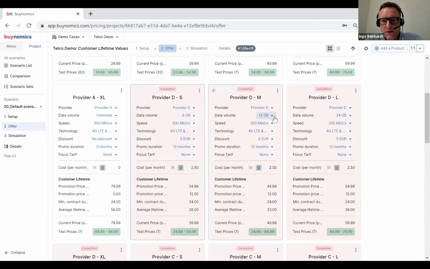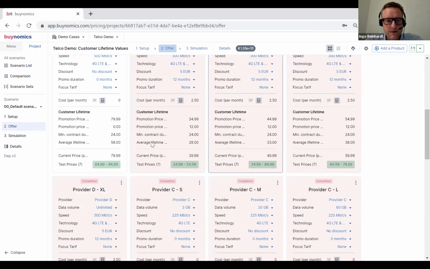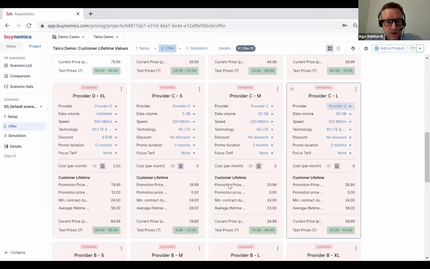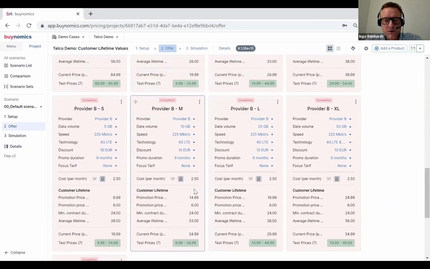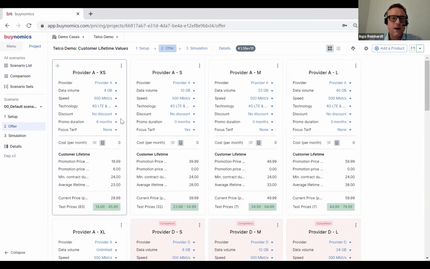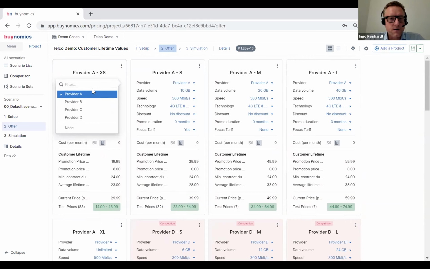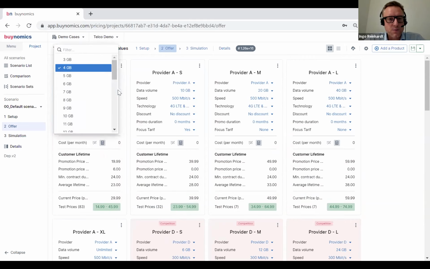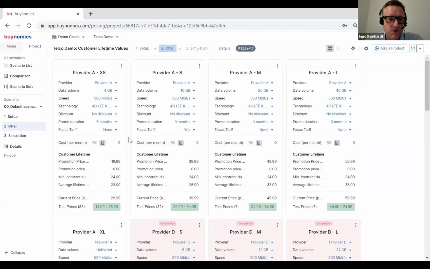So provider D has a number of plans. We have provider C and so on, provider B. So these are our competitors. They have plans that are similarly structured to our plan. And what you can do essentially is set up the attributes for each one of them, choose different data speeds. So you can look at price changes. You can also look at what happens if you change the data volume or the speed in your plans, all of these things. You can add promotions, or if you look at sales through different channels, you can, for example, say what many do on their websites.